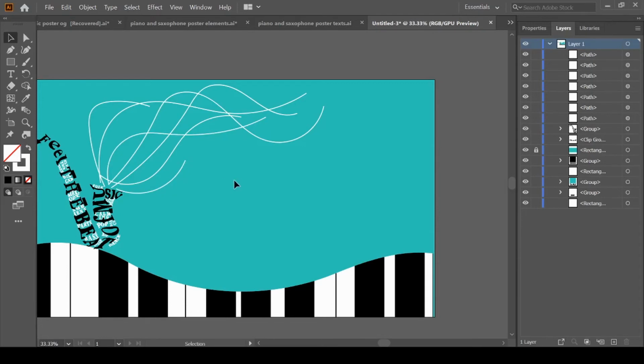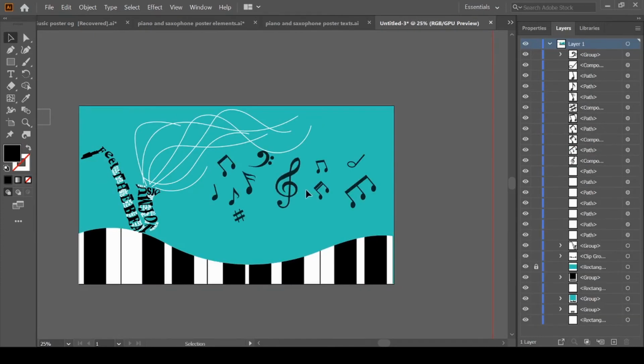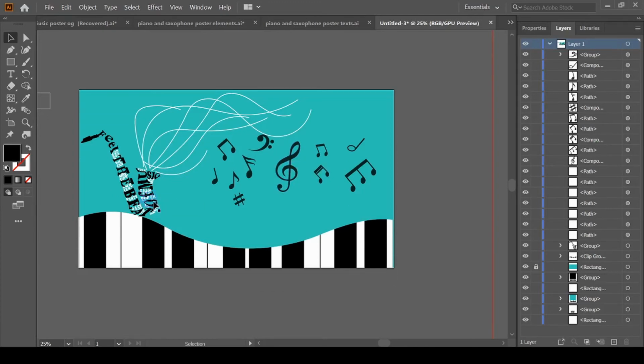Now we will add some musical notes on these waves. I have taken these already made vector musical notes. I will give this in the description below. I will also give this saxophone vector shape for the reference in the description.